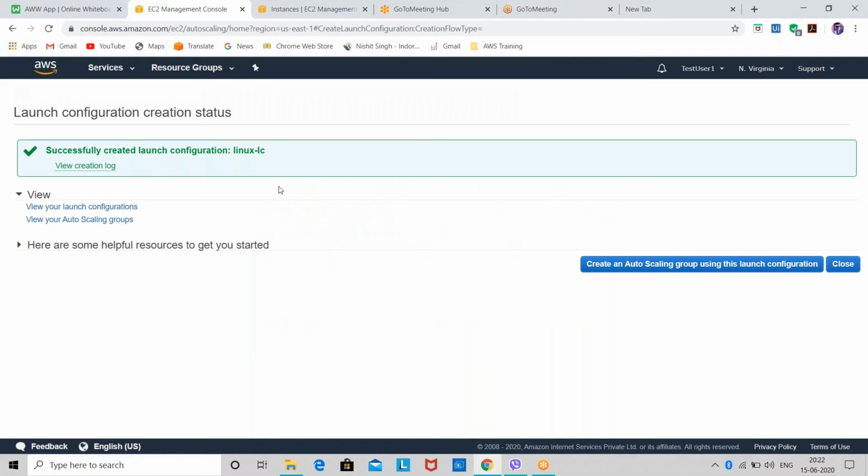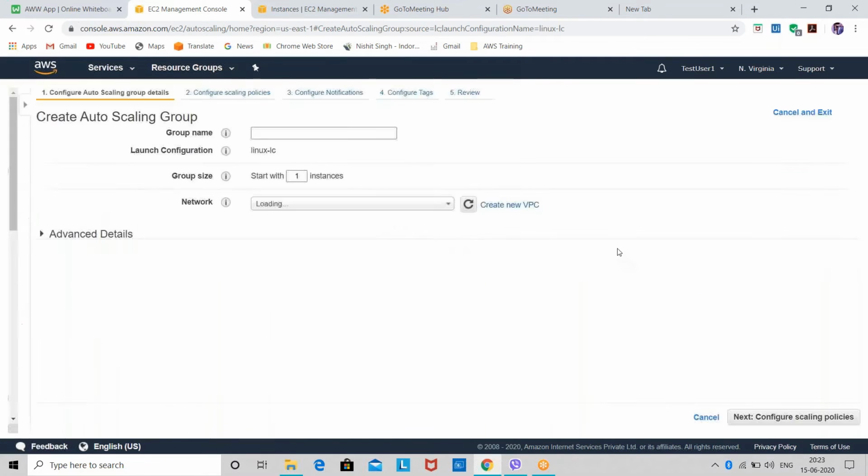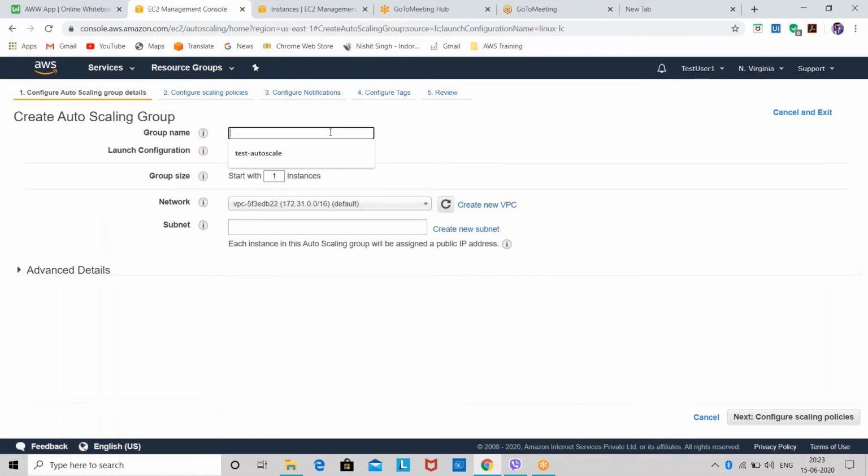Now, because our launch configuration is configured, we will create an auto scaling group. Now we have to give the name. So I'll give Linux-AS. AS means auto scaling. Okay. Now they are asking me to give the group size, like how many instances I want up and running at the beginning.